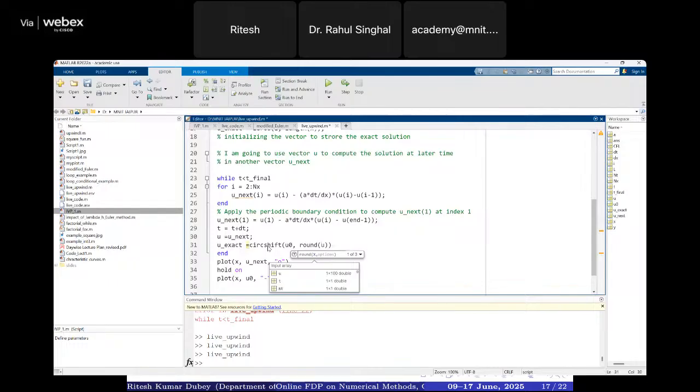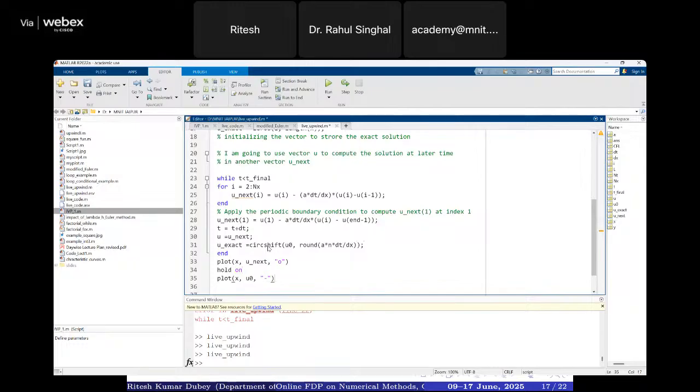So that is the thing which we are using in order to compute the solution. So instead of writing another separate code, we are using this circular shift, and I am using the facility of MATLAB to compute this. This is the shift at each time level,